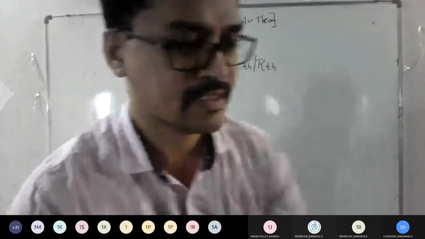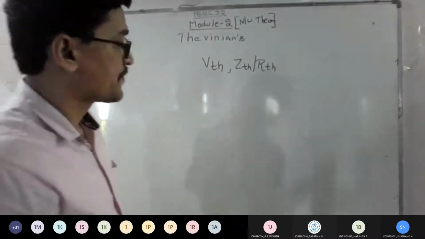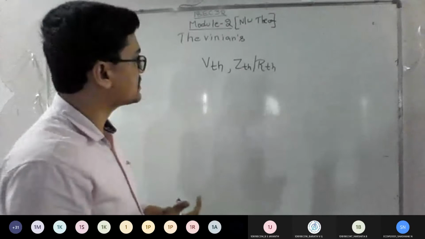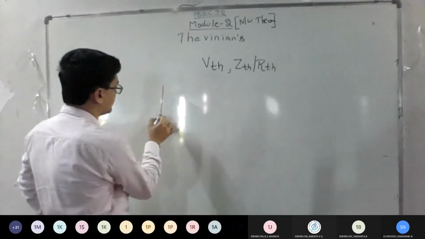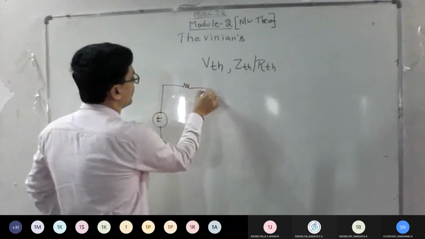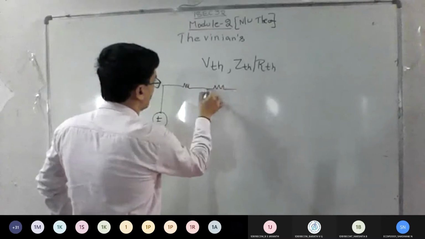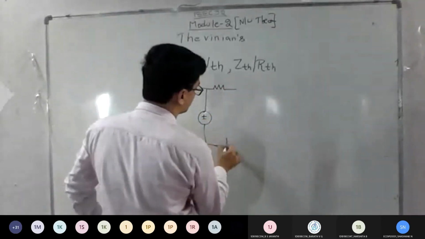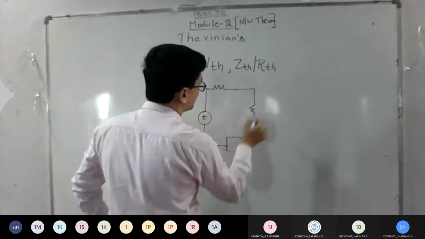Yes. See, just listen now. If they ask you to explain, state and prove, you can write a statement like the one I gave. If it is a proof, logic says if you have n number of voltage sources, I'll write n number of voltage sources along with impedance or resistance. Okay, so if you have a circuit like this,